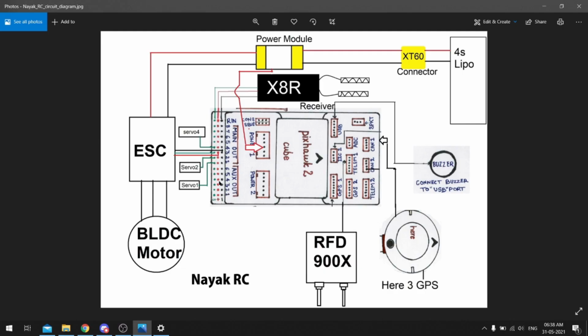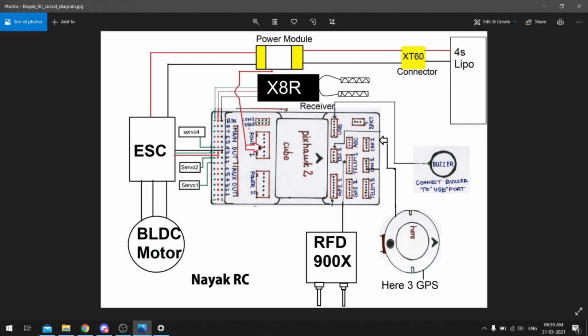If I talk about the PIXOC cube, it is nothing but the total board. In the PIXOC cube, we have power port 1. The controlling power coming from the power module goes to the power 1 or power 2 port. They have given 2 ports, so you can use a redundant system also. I have connected my power module's controlling power to the power 1 port. Clear. So this is how I get the power to the total PIXOC cube.